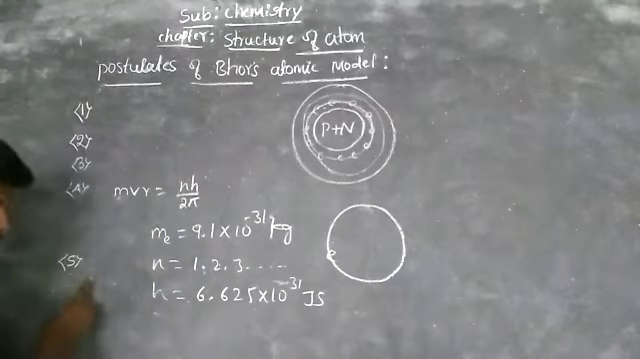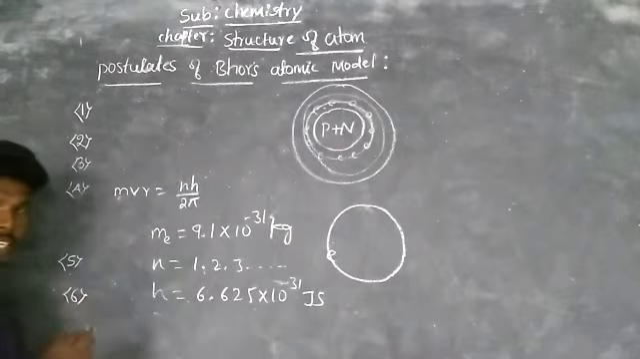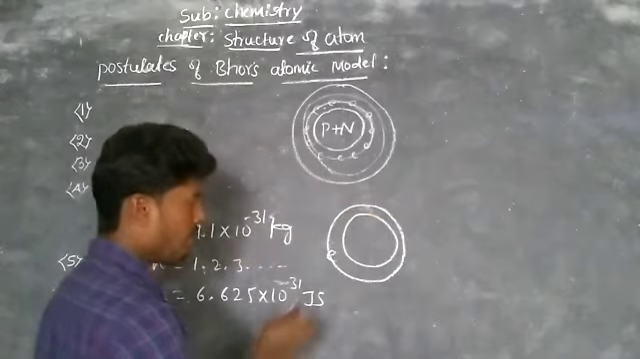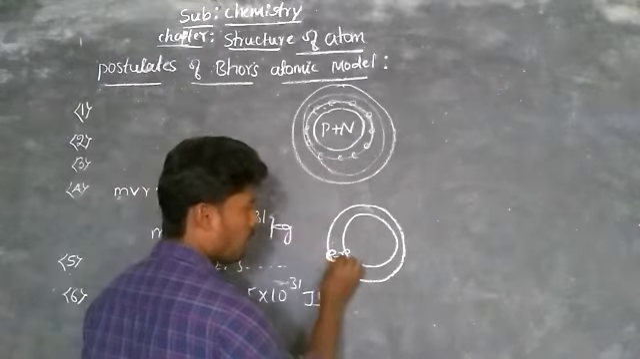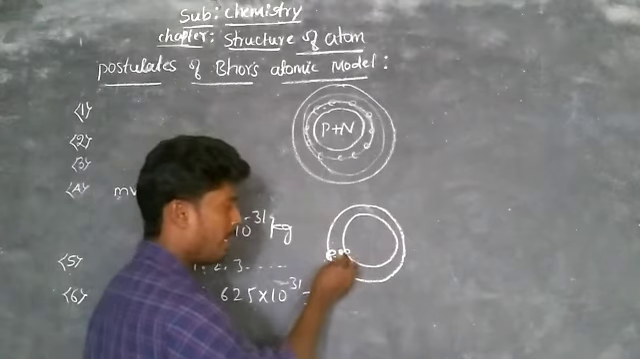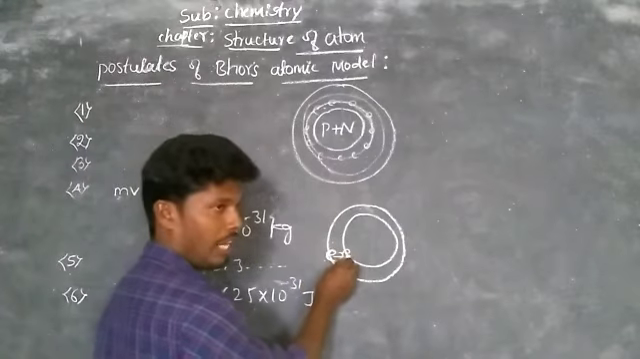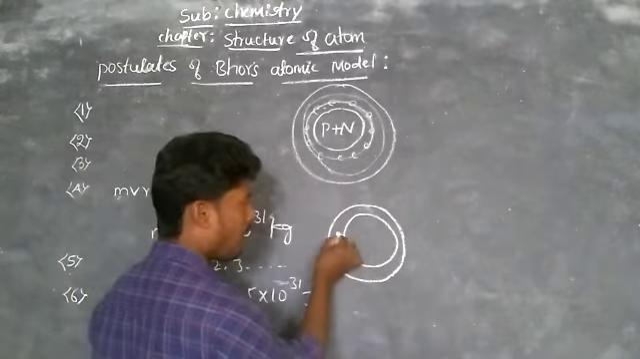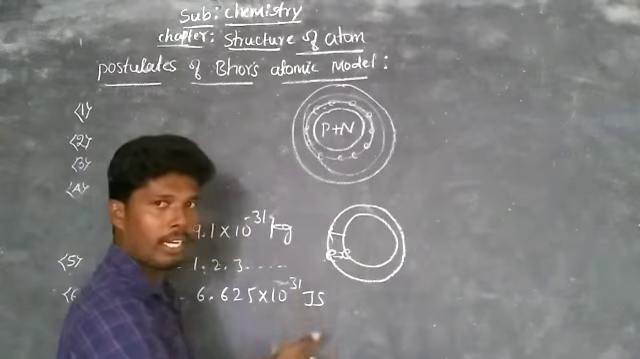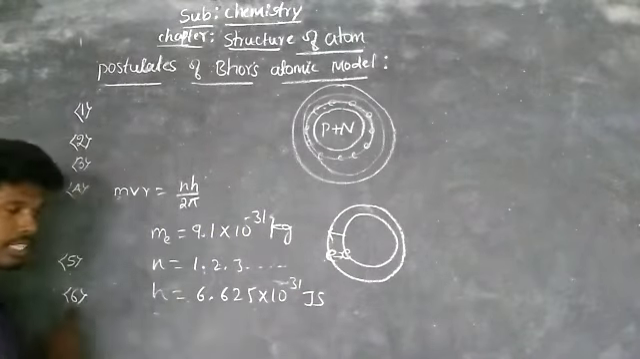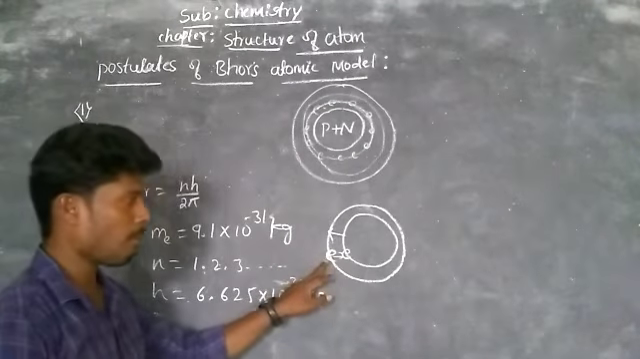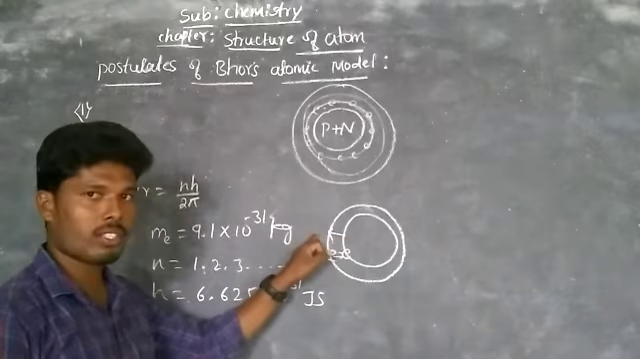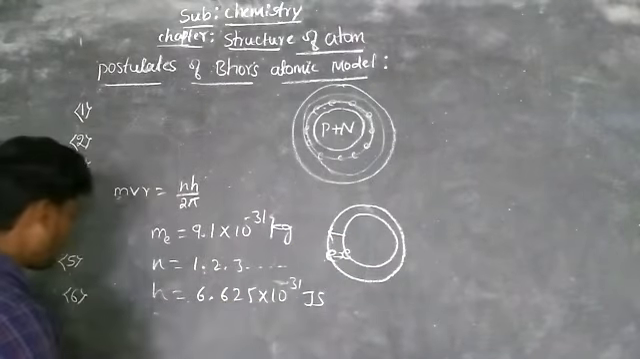This is the fifth postulate. Then similarly the next postulate: when an electron jumps from one orbit to another orbit, from a higher energy orbit to a lower energy orbit, it emits energy. Similarly, if an electron jumps from a lower energy orbit to a higher energy orbit, it absorbs energy. That is called the sixth postulate. Then the seventh one,